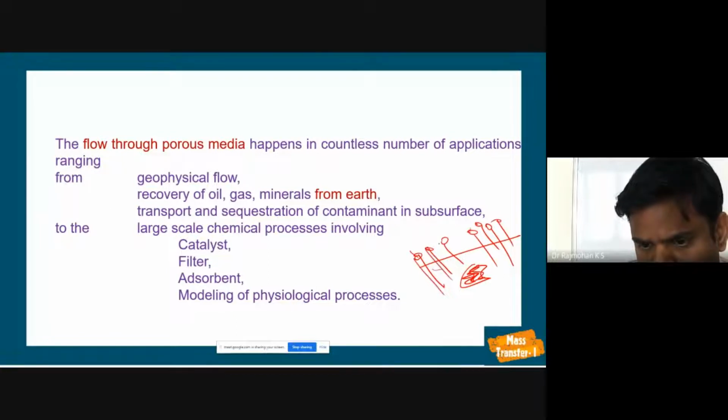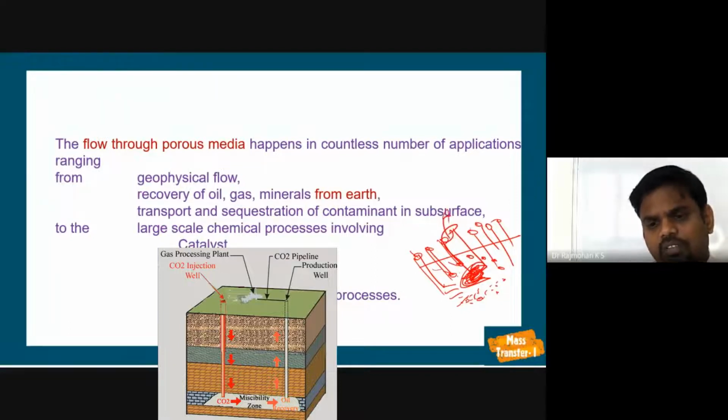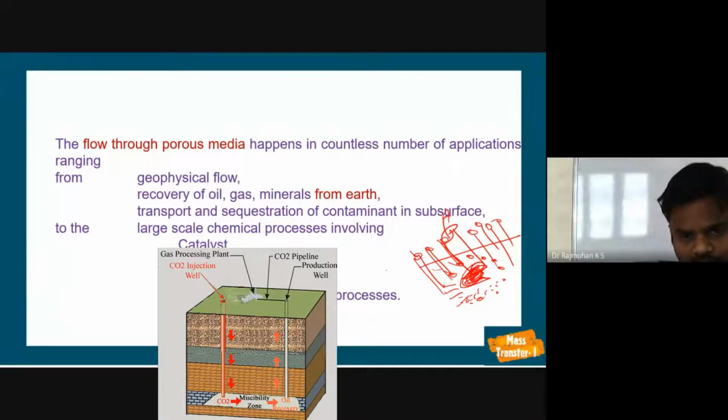What will happen is this will push whatever isolated crude, minerals or natural gas is there through to one place, where we will have a big well to take the material out. That way CO2 sequestration can also be done. But how do we sequester the CO2 from the flue gas that is leaving? We may use an adsorption tower or absorption tower, recover the CO2 and send it into these wells. That is what is done in oil recovery units.